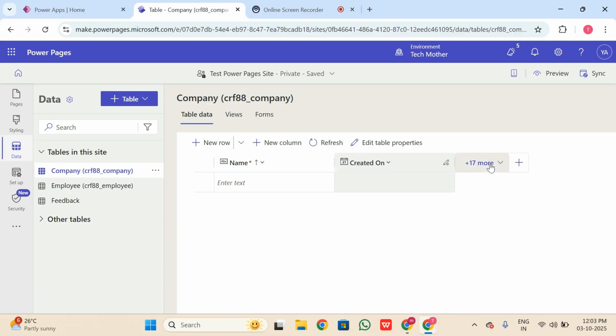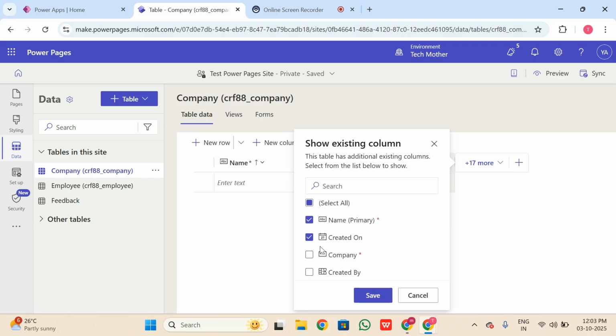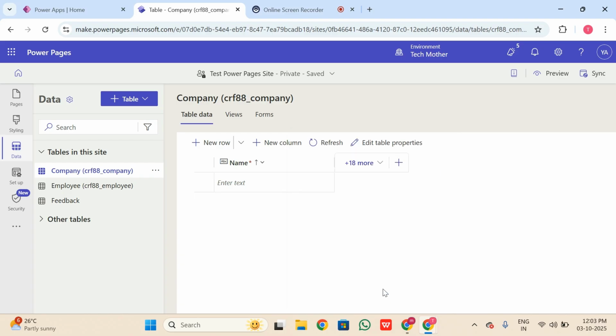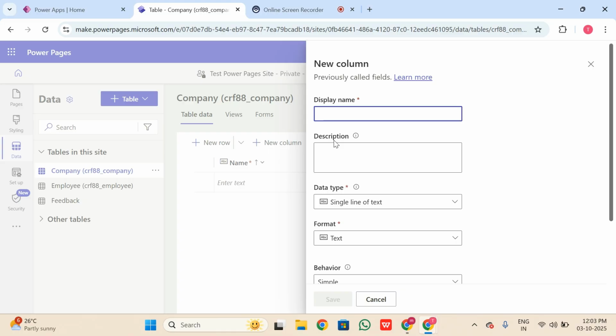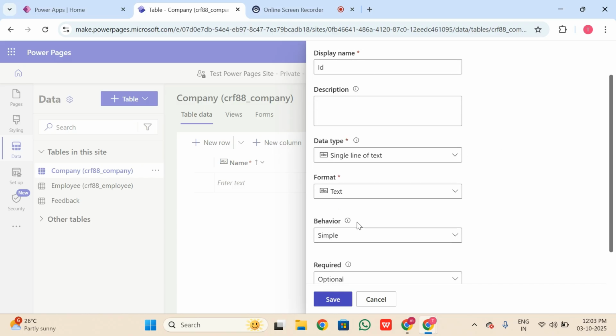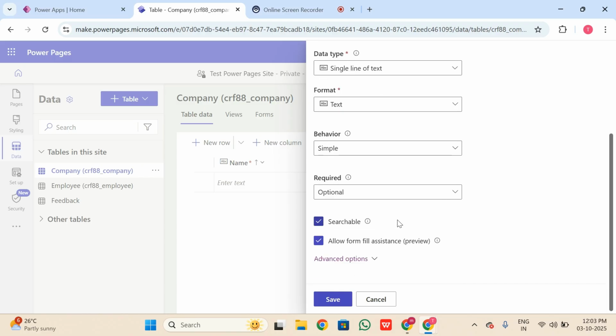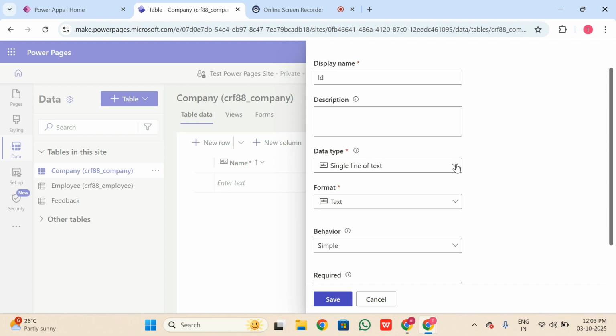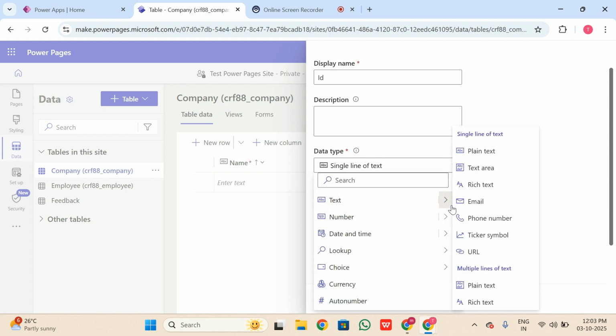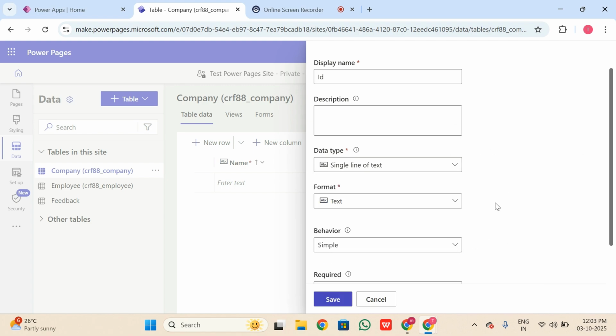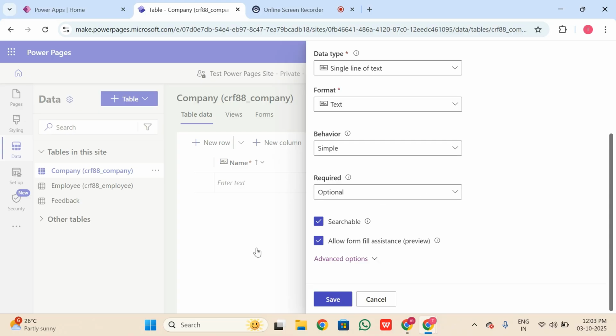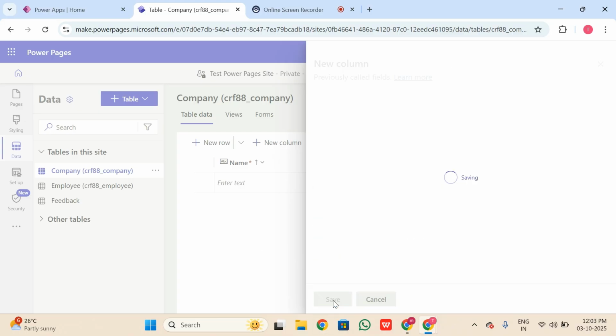I don't require this created on column, so I will remove it from here and create a new column. Company name is there, then I will add ID. I will keep this as a single line of text only. If you want, you can change the data type to whole number from here as well. This is not required, so I will go for the optional one and click on save.